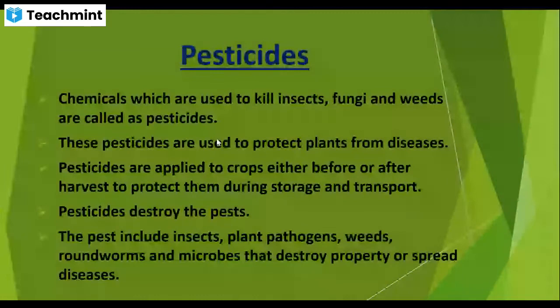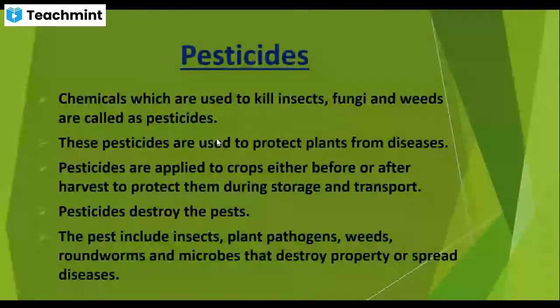Some insects grow on a crop and destroy the properties of that particular plant, or they spread diseases. For those insects we can use special pesticides, called insecticides. Then there are plant pathogens, some of which spread diseases or destroy the properties of that particular crop or plant,